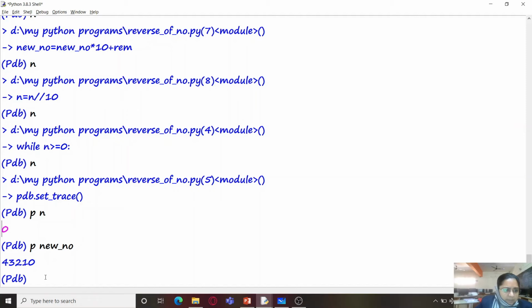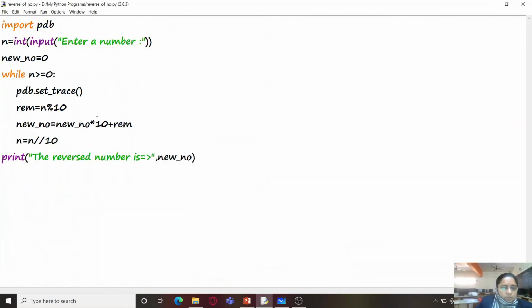The loop is executing one time extra. The moment n becomes 0, the loop should terminate. The thing is, we have already provided while n greater than or equal to 0. That is, even if n is equal to 0, the program is going to execute, which we don't want.